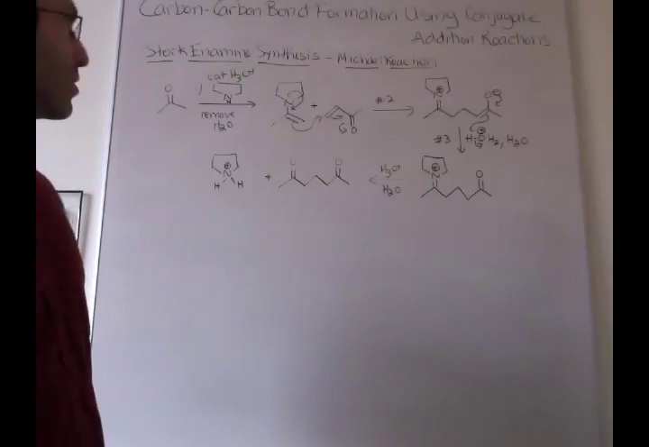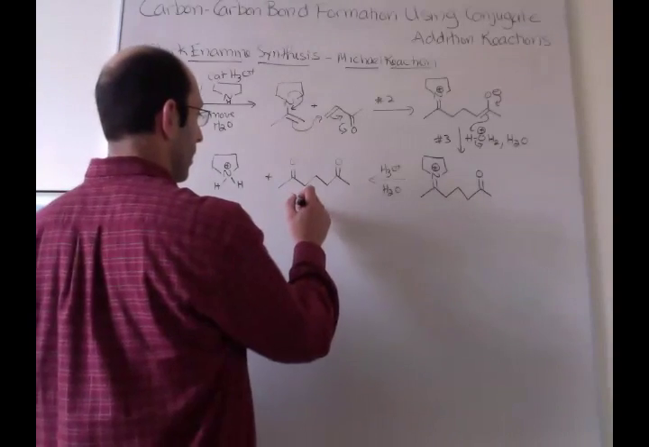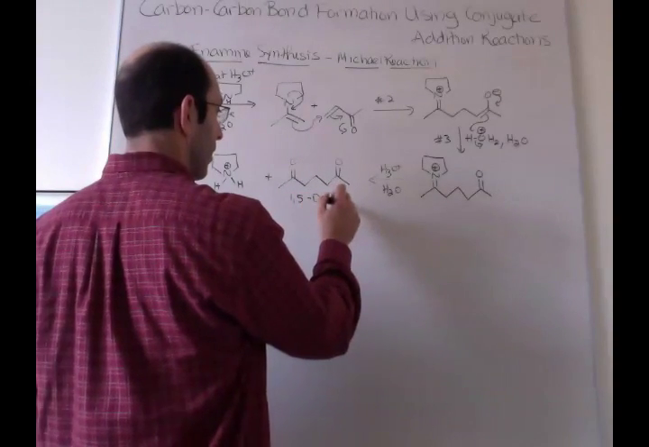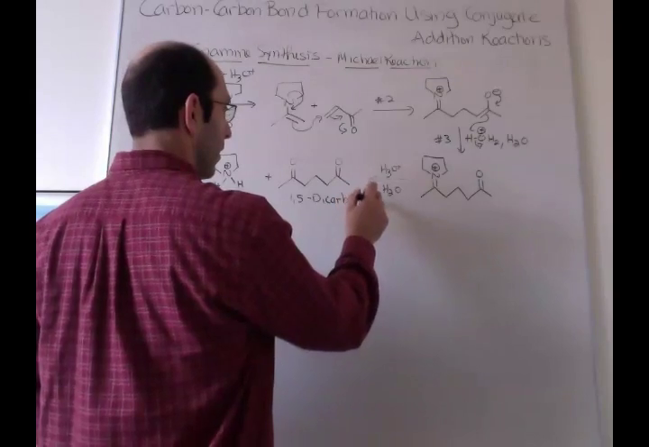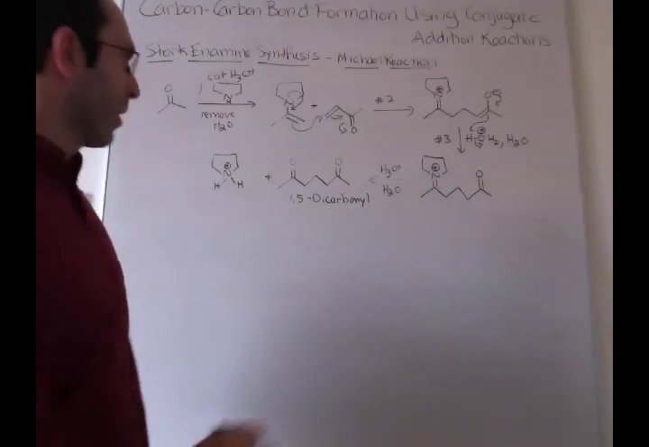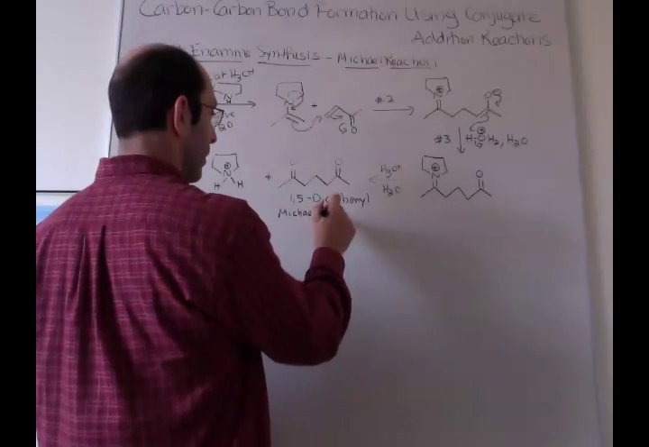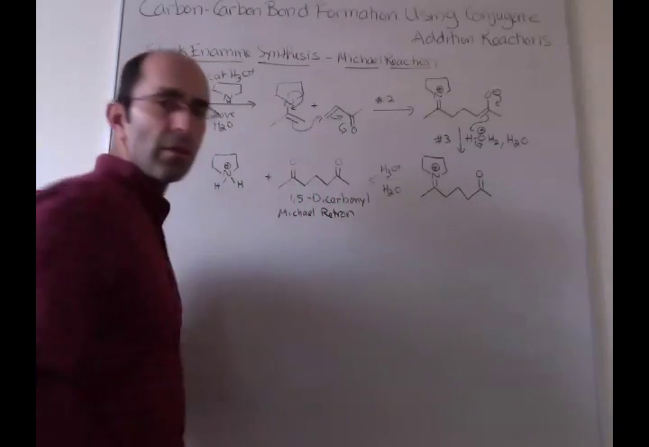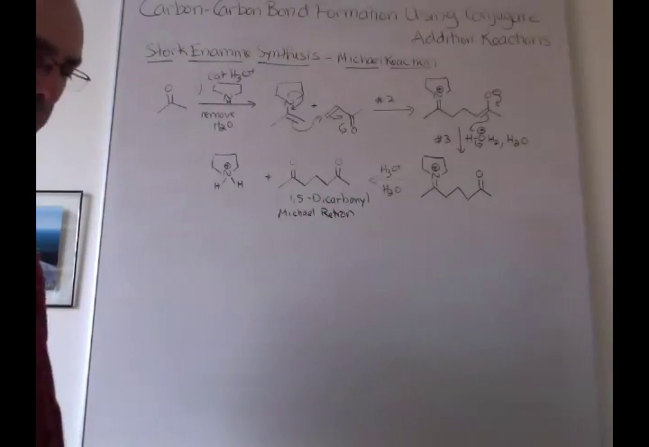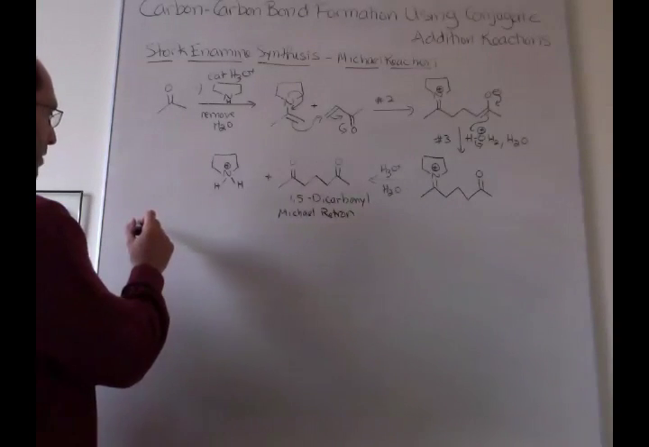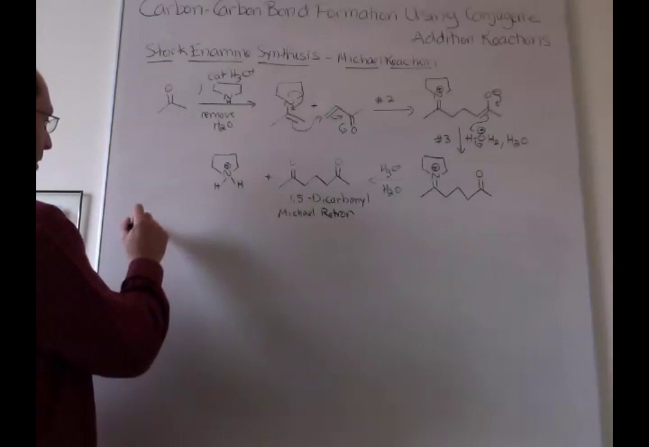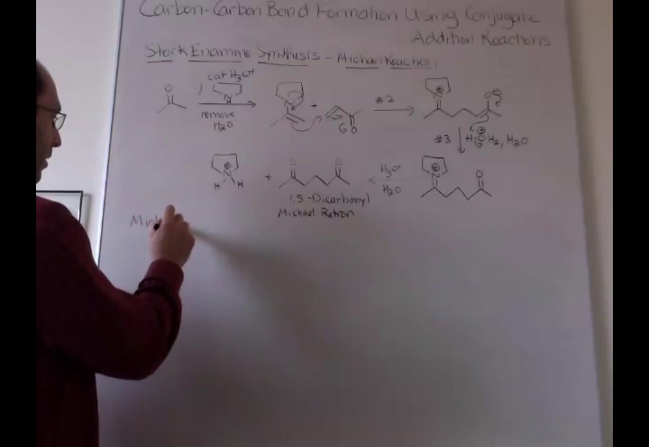Right? So the key with this Stork enamine chemistry is that you end up making a 1,5-dicarbonyl. And again, a 1,5-dicarbonyl is our retron for the Michael reaction. So this is a Michael retron, telling you that you can use this Stork chemistry. And then the final reaction is a Michael reaction